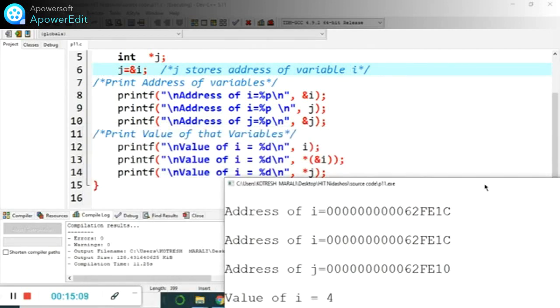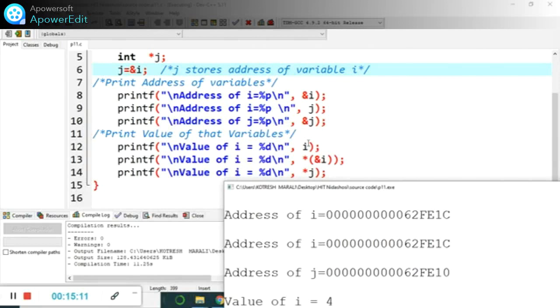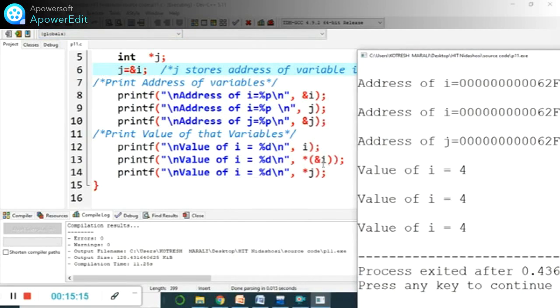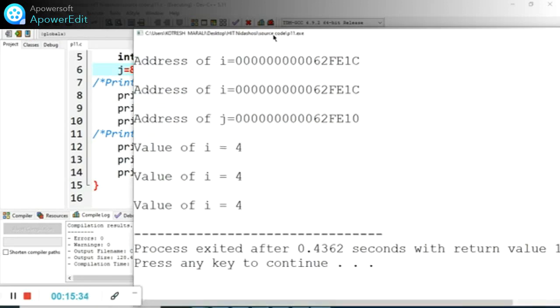If you observe the content of the variable, i is 4, and star i is the value at that address, again 4. j is a pointer variable assigned to ampersand i, and because of the star, the value at that address is the value of i.